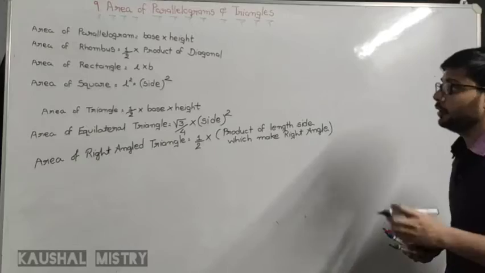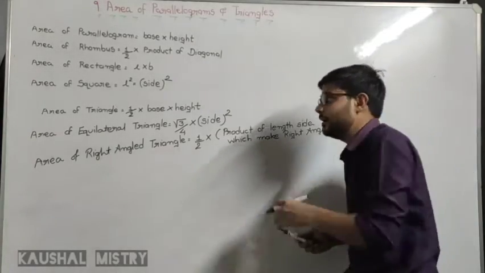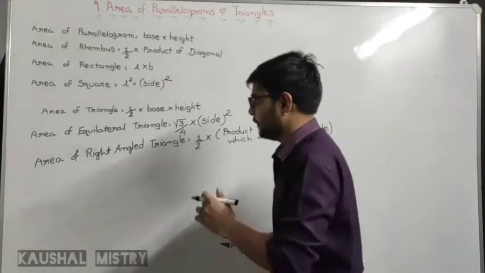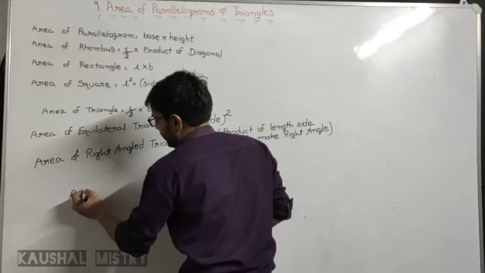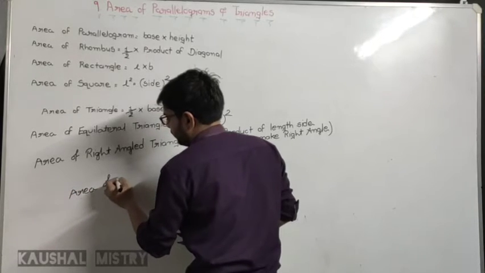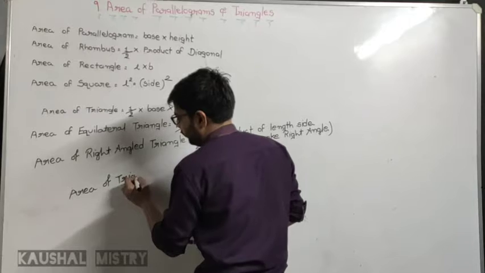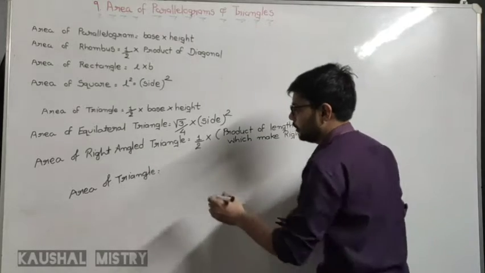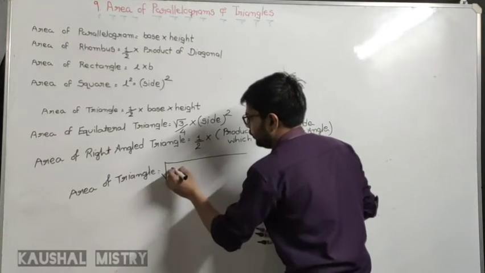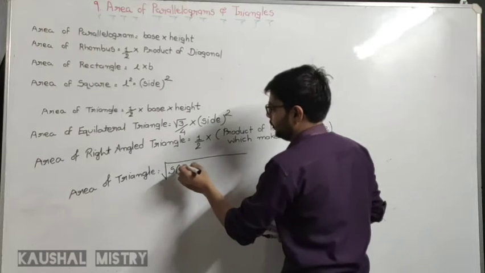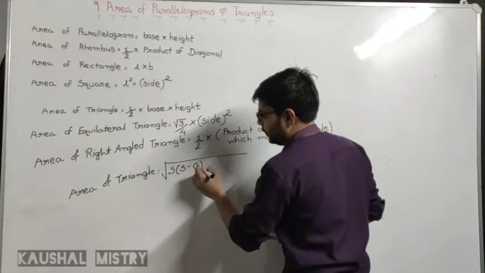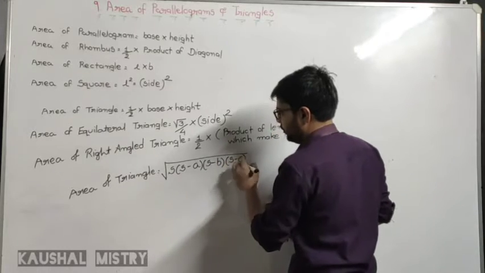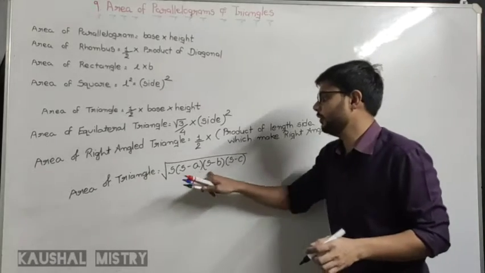And another formula, which in standard 9 is your 12th chapter, that is Heron's formula for area of triangle. We will discuss this formula in chapter number 12 later on when we start the chapter, but if you want to remember this formula, then you have to remember for this chapter: √S in the bracket (S minus a)(S minus b)(S minus c), right? And you are questioning what is a, b and c.